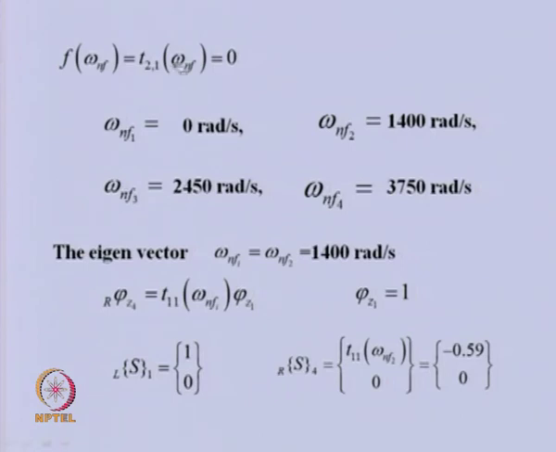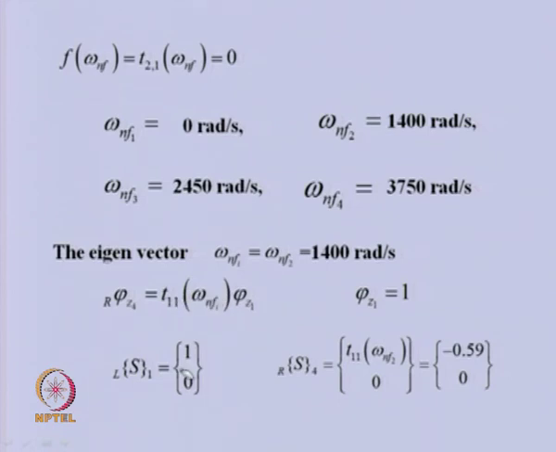Here you can see we have summarized the natural frequencies which we got from the intercepts, and once we have obtained the natural frequencies we can again get the eigenvector. Let us say for one of the natural frequencies, 1400 radians per second, this particular equation will give, if we assume one of the angular displacements as unity, the angular displacement at the right of disk 1 using this relation. These are all matrices which we related earlier.